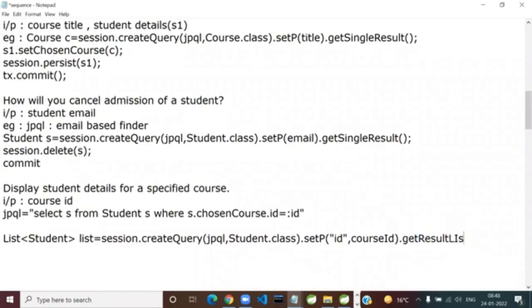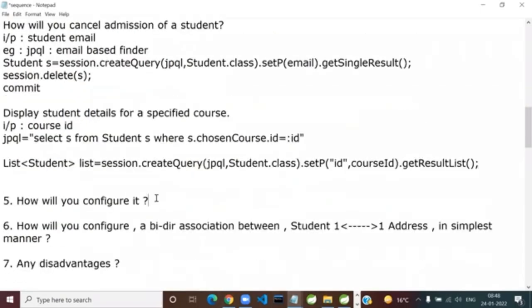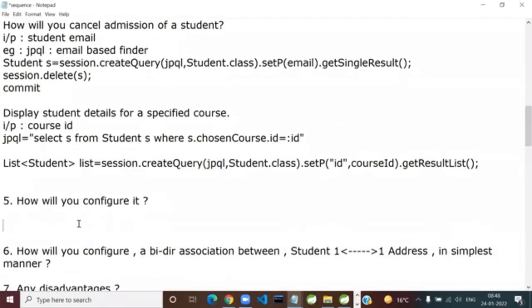So don't at all think that if you change from bidirectional to unidirectional, you will have problems in JPQL. Never. They are polymorphic queries. But will you be able to enjoy cascading when you go from bidirectional to unidirectional? Yes or no? That answer is no. So I think I have given you sufficient background. Of course, you can go deeper and ask any of us anytime in the project phase, wherever you get stuck. So how will you configure it? Refer above.